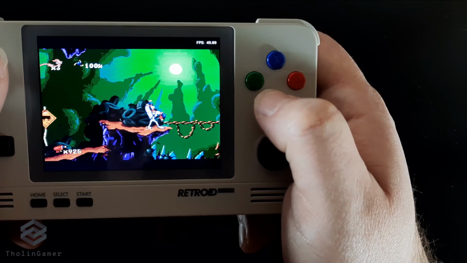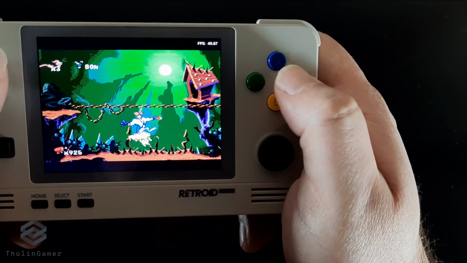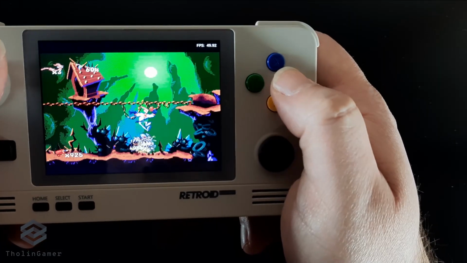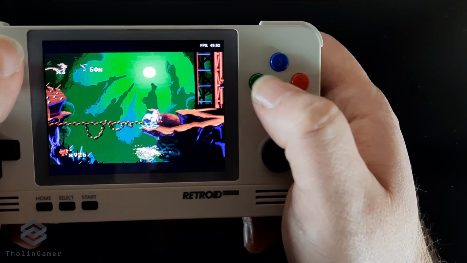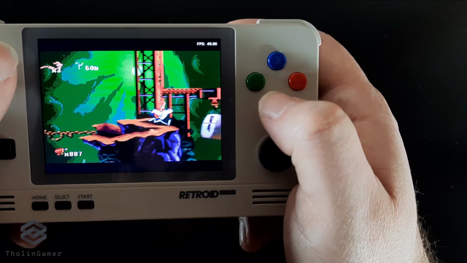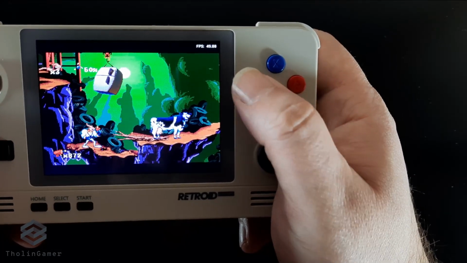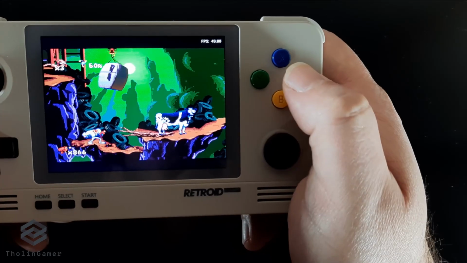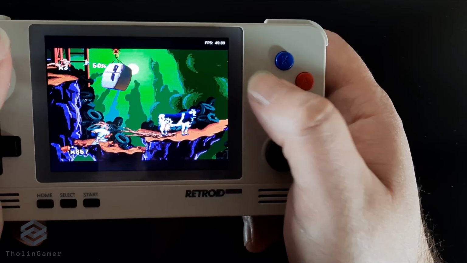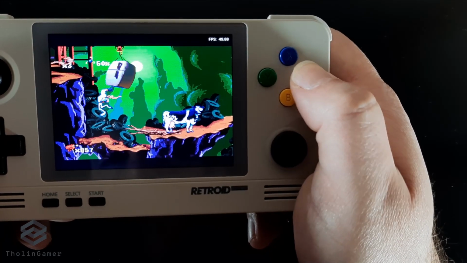But all in all, this is a very nicely made 2D platform game. The sprites and the animations are amazing. However, especially if you are not used to this type of games, it can be quite challenging. It requires some time for you to get a hold of its controls. You can move around, you can jump, you can use your head as a whip, more or less, and you can also use your gun.